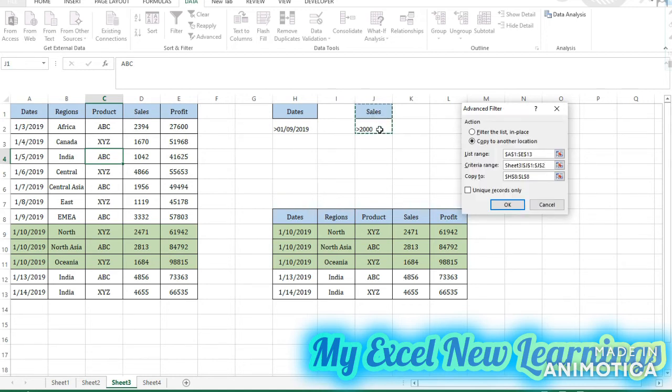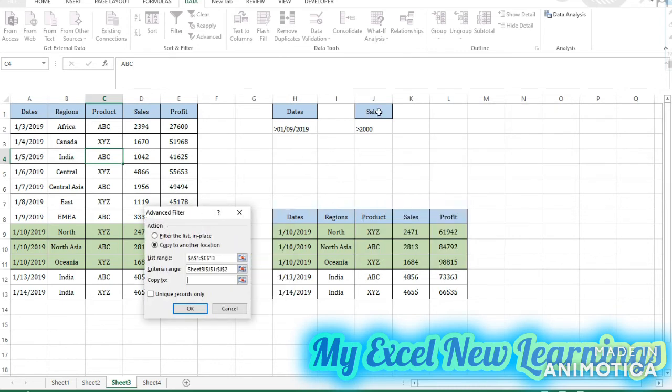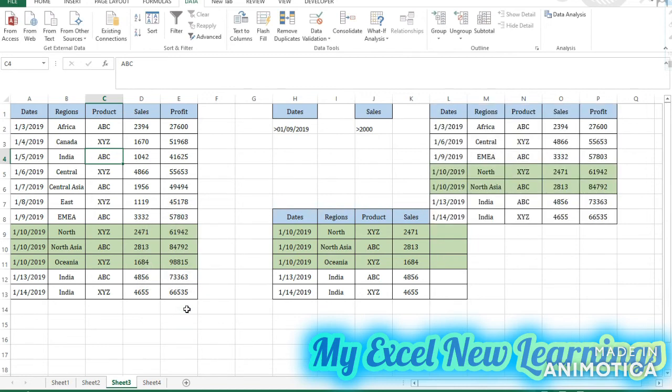I want to see the sales which are greater than 2000, then copy to other location. So we will see the data should reflect here. So we have got 7 records where the sales are greater than 2000. So you can use the advanced filter for the greater than for the dates, or smaller than for the sales or profit.